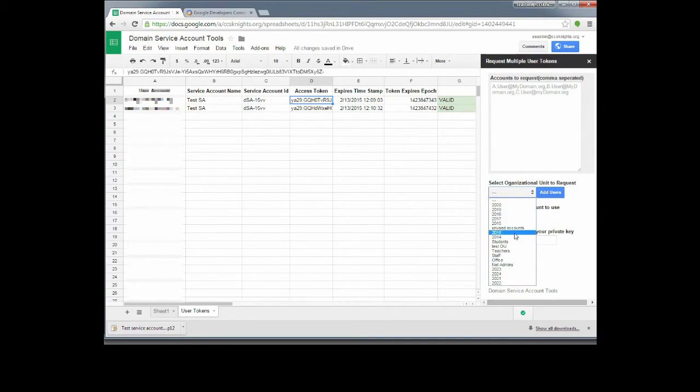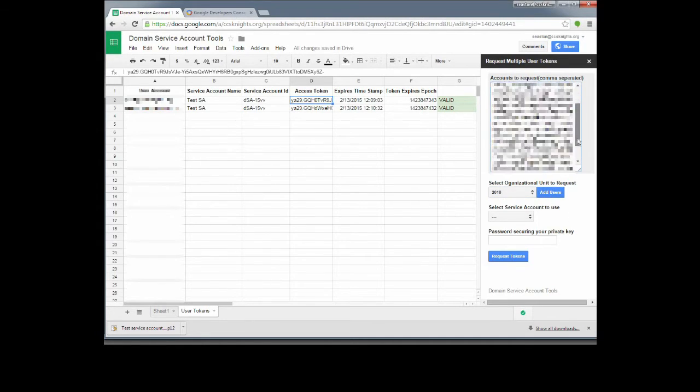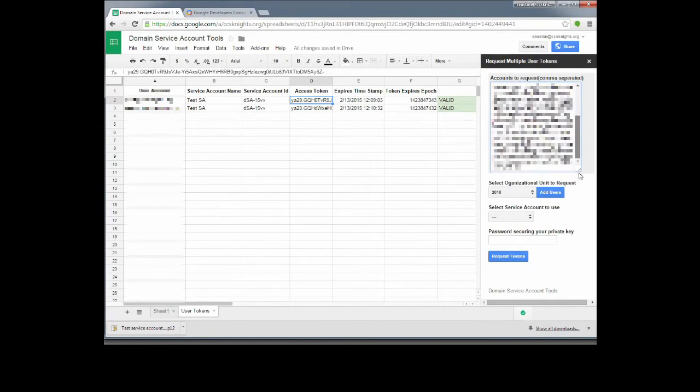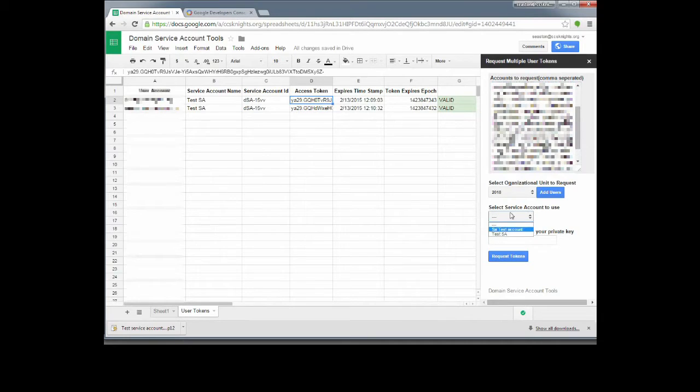So let's grab a random one, 2018. So the OU 2018. Click Add Users, and we'll see that the text box gets populated with lots of users right here from the 2018 OU. Alright, and for the service account, we're going to click the service account that we just created, the test SA, and then put our password in that is encrypting our private key,